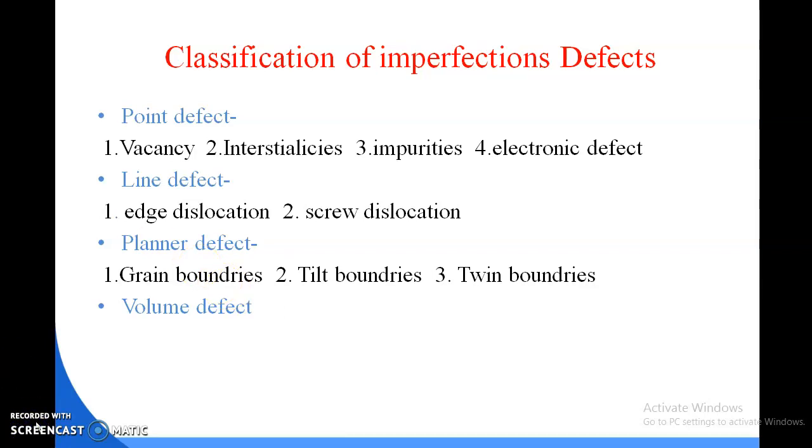So there are many types of lattice imperfection found in crystals, like the self-interstitial atoms, or extra atoms in interstitial positions, or substitutional impurity atoms, that is impurity atoms substituting an atom in the crystal lattice, or the Frenkel defect, that is an extra self-interstitial atom that is responsible for the vacancy nearby. So line defects, that is linear crystal defects, are edge and screw dislocations. So it is all about the classification of imperfection, or the classification of defects, you can say.